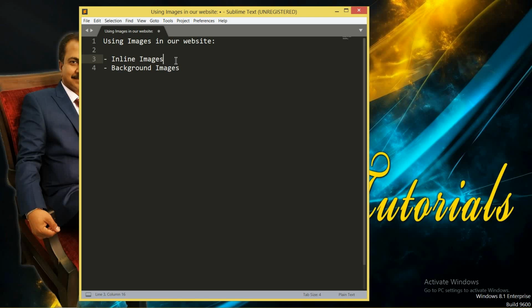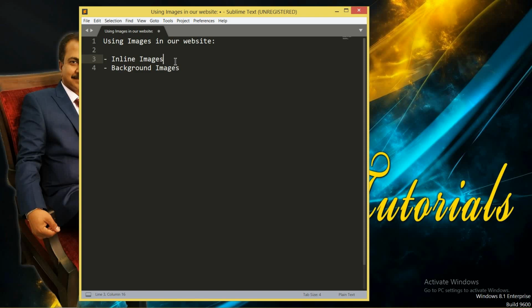You can resize the image and set its position. These kinds of images are called inline images. Background means an image which can be set as the background of the body. Last time we did how to set a color as a background. Now you can also set an image as a background.